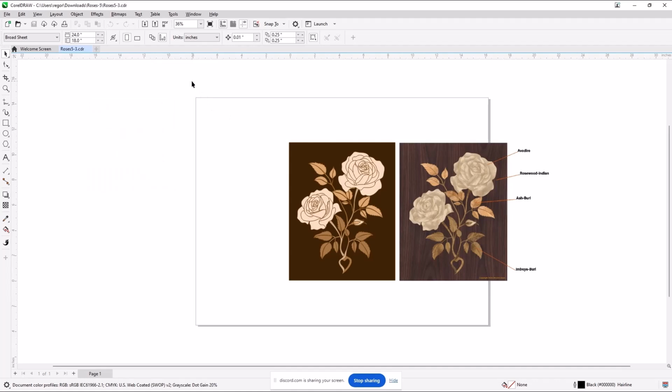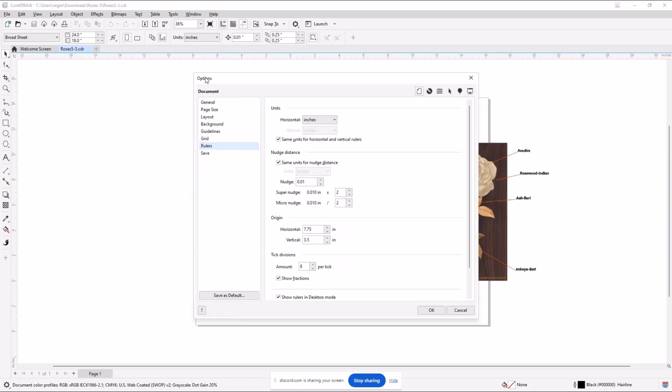Now the normal setup for my desktop is I have the rulers turned on. You can go do that here under your tools, options, and stuff like that. The other thing I want you to be aware of is at any given time, if I want to change some of this stuff, I can double click, for example, on the ruler, and it will immediately take me into options, document, rulers, where I can set a nudge factor, I can set origin information. So mine's a little bit awkward here. I probably ought to set origins differently, but I won't. The main thing right now is just double clicking on the rulers gives me the access to that information.